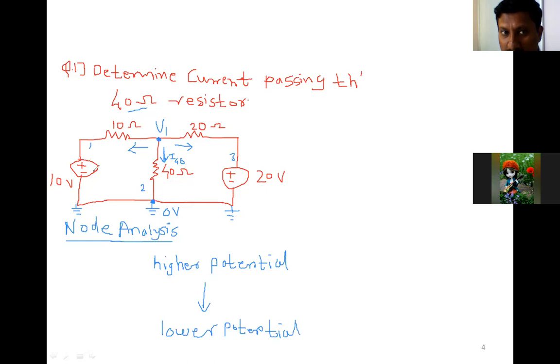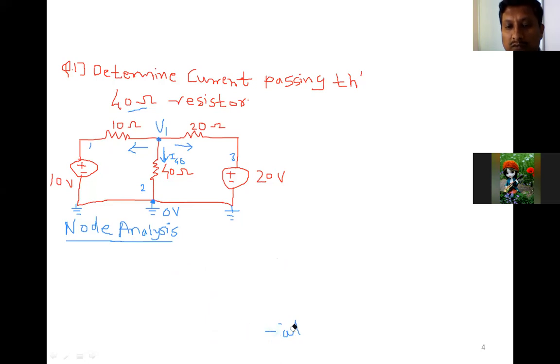If V1 is less than 10 volt, then current direction will be reverse. So current direction in that case is like this, if 10 volt is greater than V1. So for that purpose, we don't know which direction is correct, but we are assuming, we are using the outgoing current. We are testing whether whatever we assume will be correct or not. So it may be wrong, it may be correct. Assumption will be wrong or correct, but the value we can get the same. Okay, value we are getting correct.